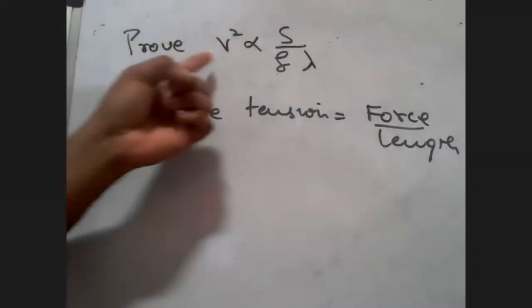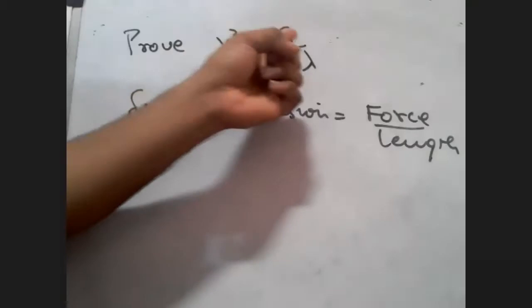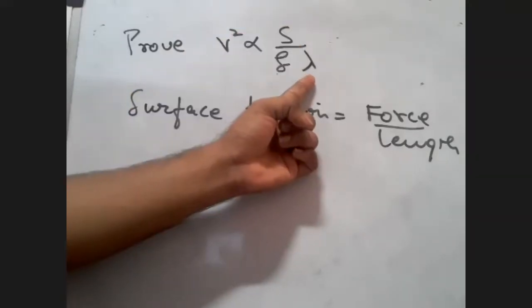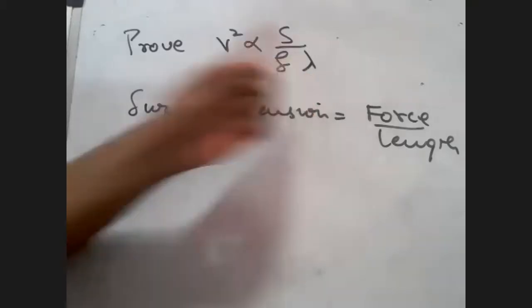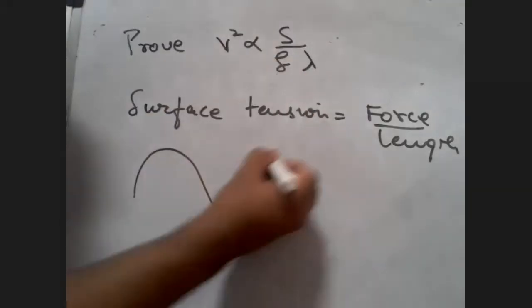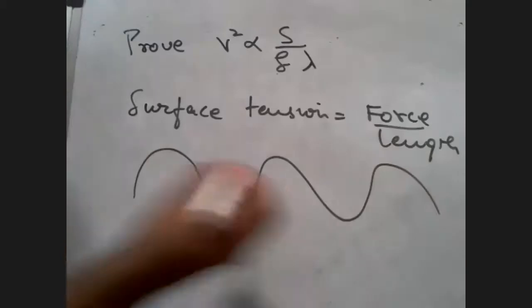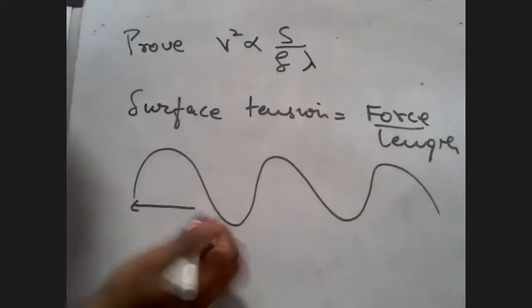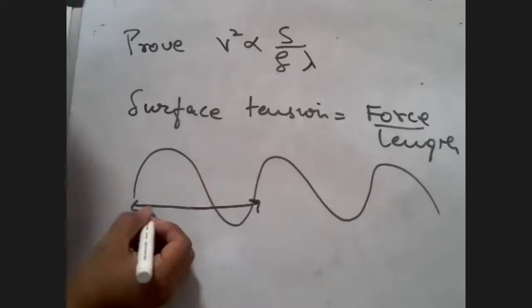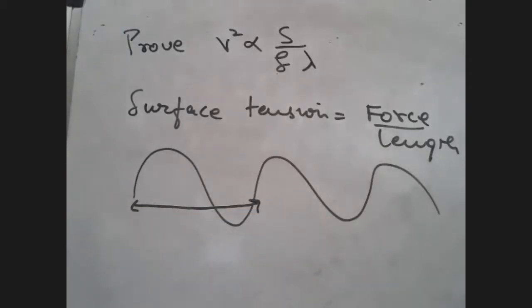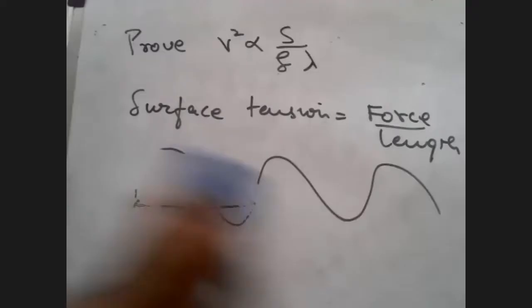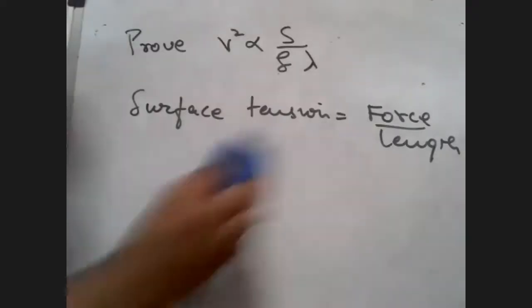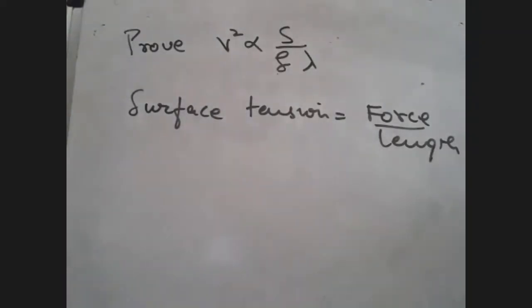This is velocity. This is surface tension. This is density, you know what density is. And lambda, I'm telling you, is length only. Basically, when you consider a wave like this, you will learn this very soon, if there is a wave like this, then this is going to be my wavelength. Wavelength will be one entire period from here to here. That will be your wavelength. So you can consider dimensionally that it is L. Students, try to find out what it's going to be.